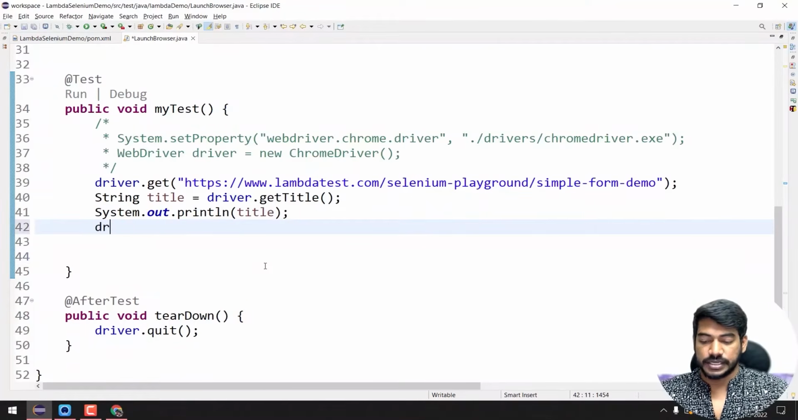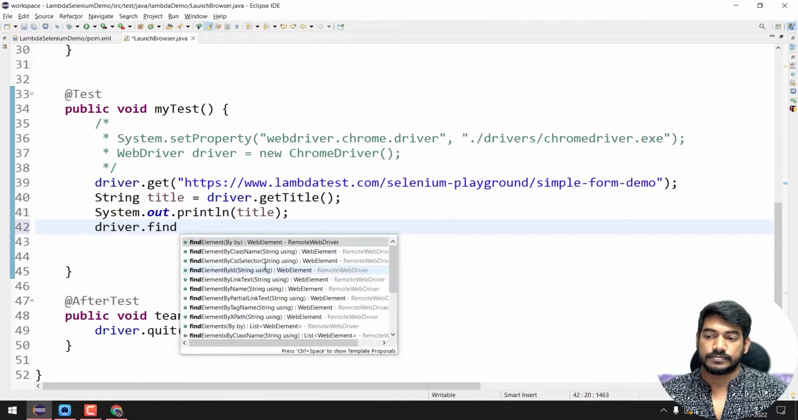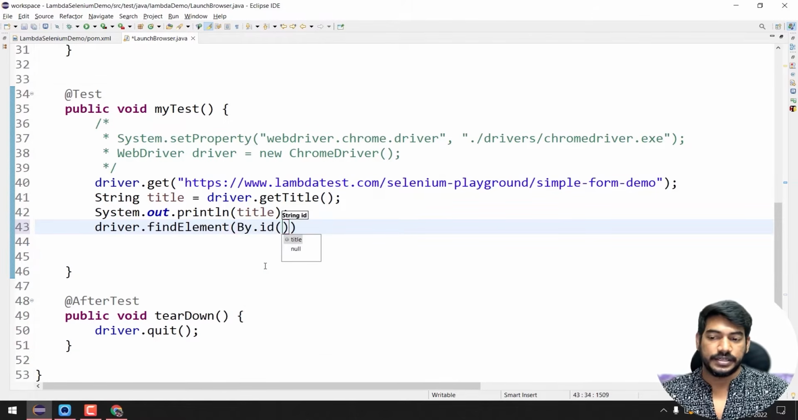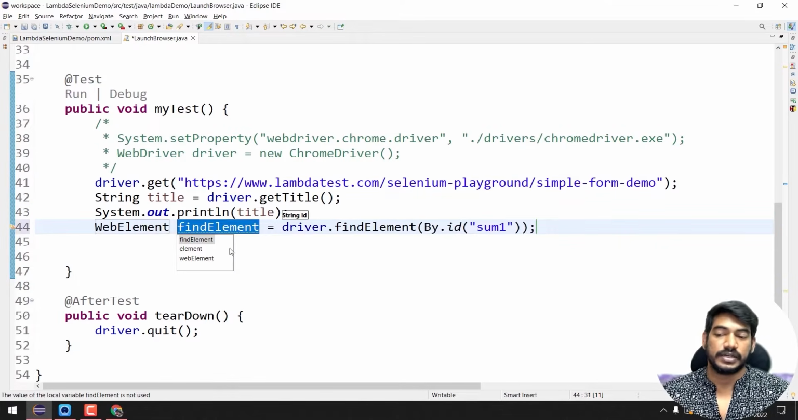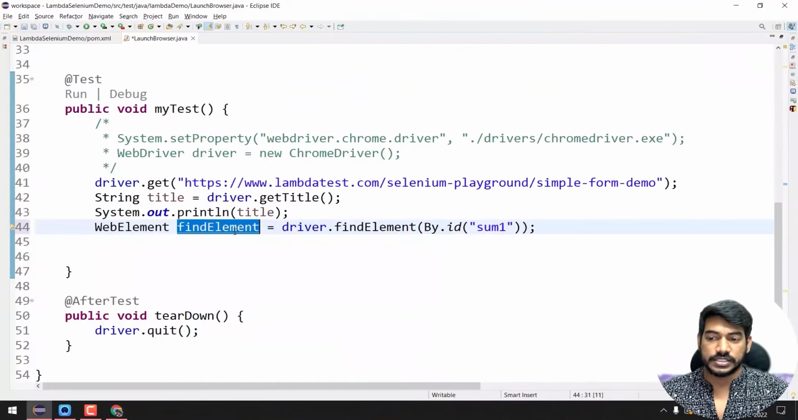So here I'm going to say driver dot find element by dot ID, and we are going to pass the value. Now I can store that in the left hand side. That is going to return me the web element, and we'll name it like, what is this? This is A, right? So I'll say A input,